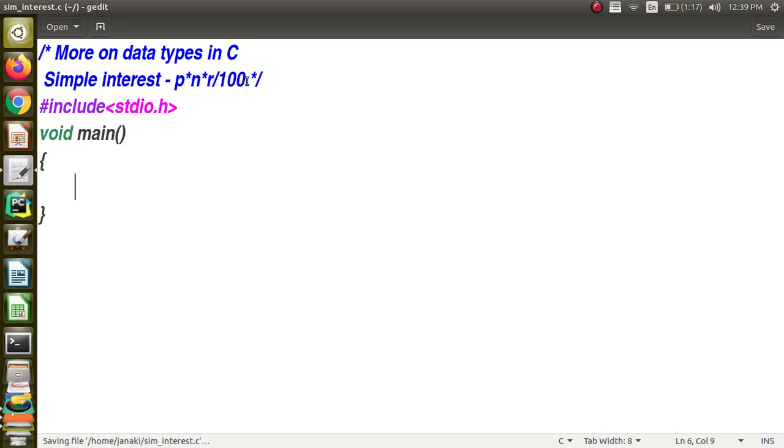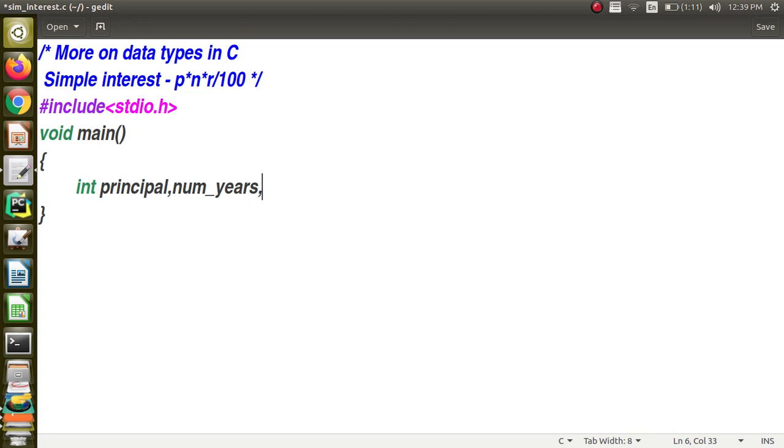Principal will generally be an integer, so let me say int principal, and number of years also will be an integer, so I am giving it as num years. Whenever we are naming the variables, it is better to give meaningful names, so that it will be easy for us to understand the code once we go through it. It is very important that you should give meaningful names, right? So principal, number of years, and then the rate of interest.